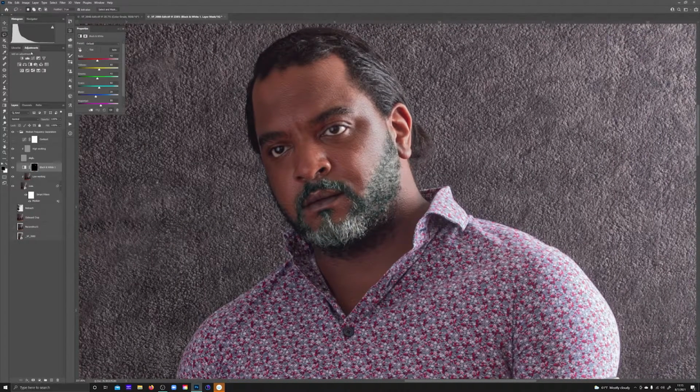And now what I'm going to do is with my colors layer selected, I'm creating a black and white adjustment layer that I'm going to use just to map out tones and see where the tones need to be blended a little bit. And on my color layer, I'm just going to make a selection of the area that I want